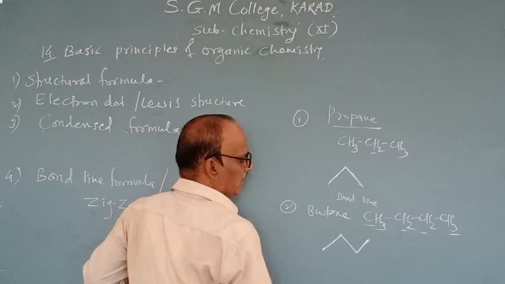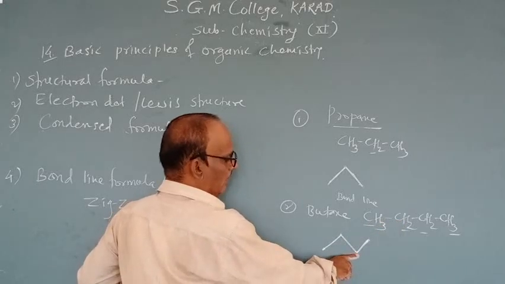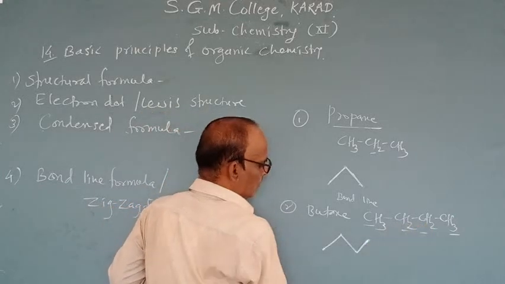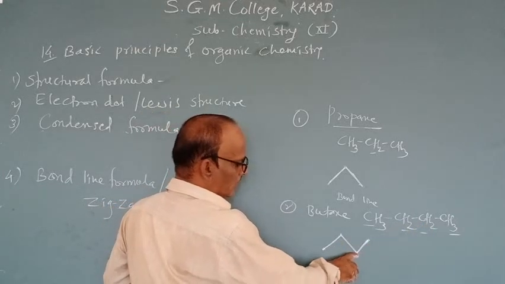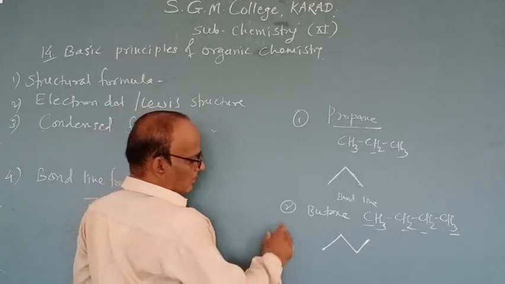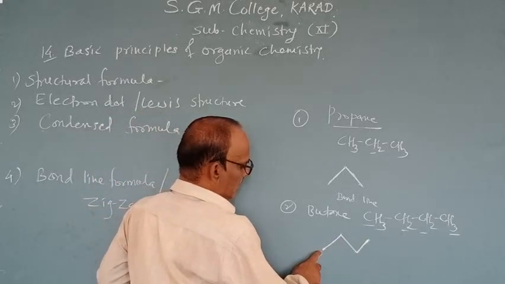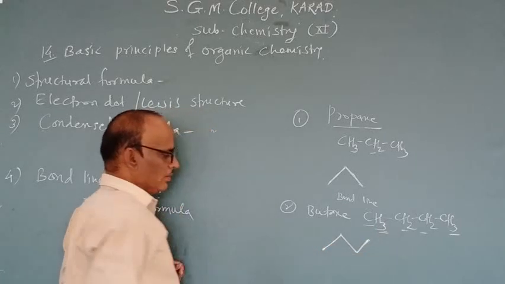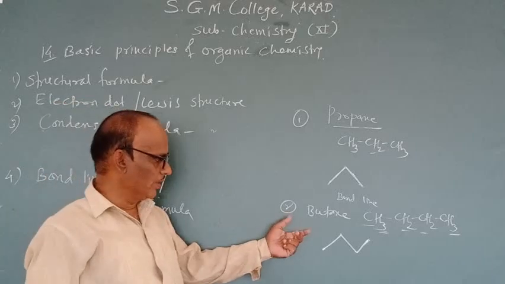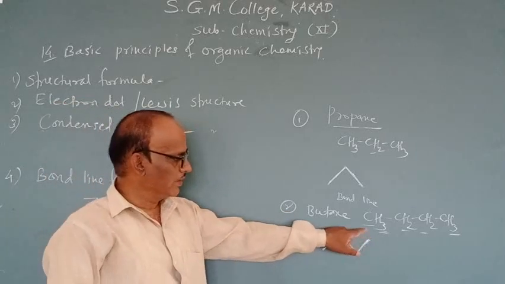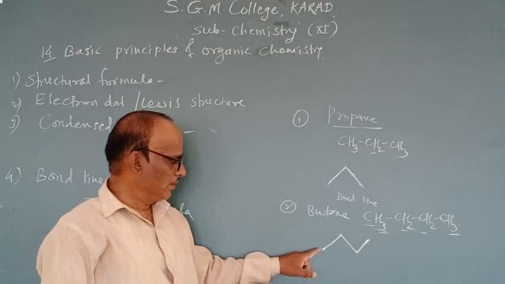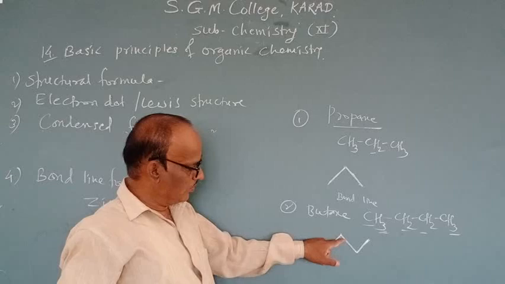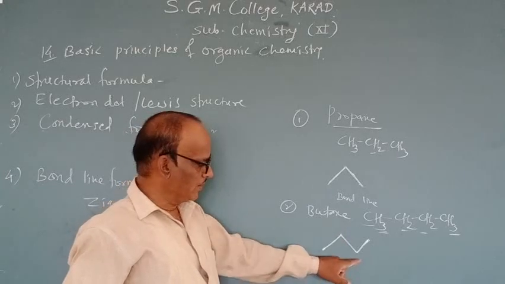So therefore CH2. At this intersection point also a CH2 group is present because there are 2 bonds. So this carbon carries 2 hydrogen atoms. But in the case of terminal carbon atoms, there is only 1 bond. So therefore 3 hydrogens are written in the structural formula. So these terminals indicate that methyl groups are present at the terminals of this bond line, and at the intersection of these 2 bonds, the CH2 group is present.